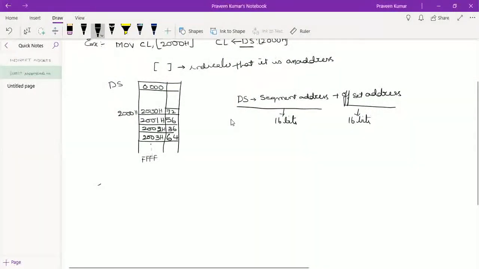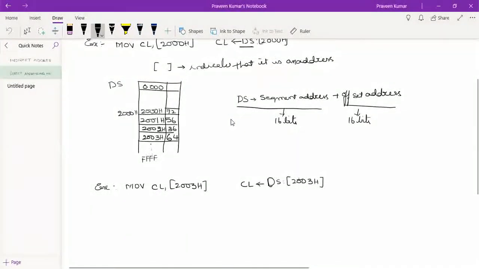Now we'll try to give one more example. That is, move into CL, and in the bracket I have written 2003H. So what does CL get? CL will get, from the data segment location 2003H, the data, and I'll store that data in CL. So what is available in 2003H?